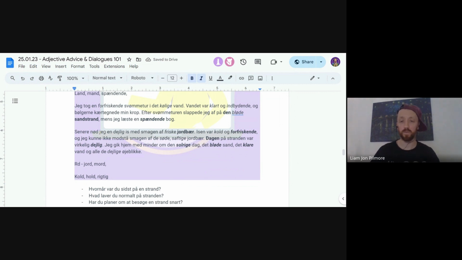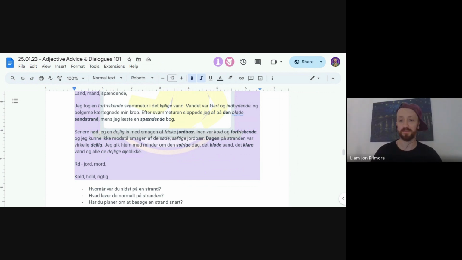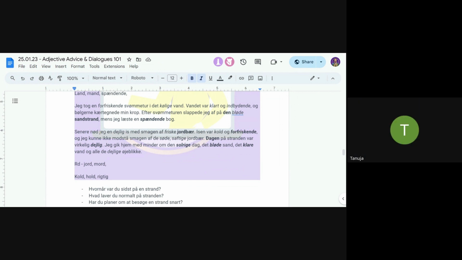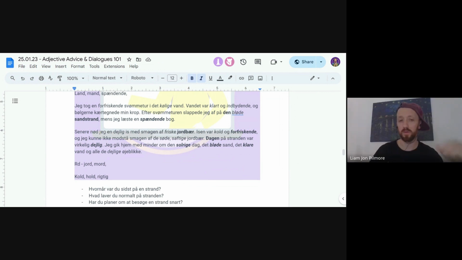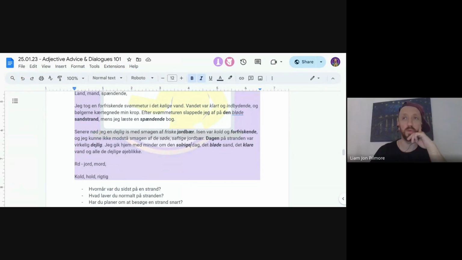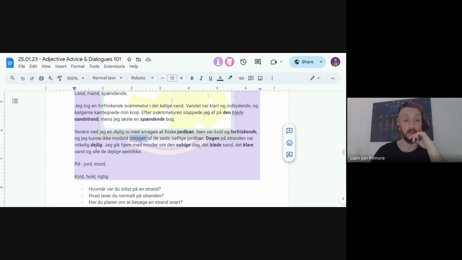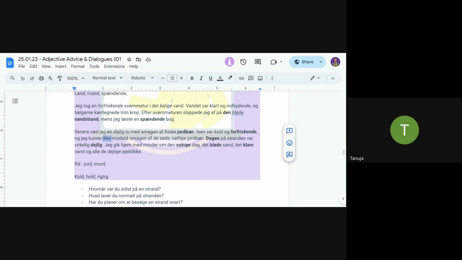Ja, hvad siger du, Tanja? Ja, må jeg spørge om noget? Selvfølgelig. Er det ikke modstå smagen? Jeg kunne ikke modstå. Det er ikke adjective? Nej, it's a verb. Modstå is a verb, men ikke is an adverb. Okay. Modstå means, what is it?